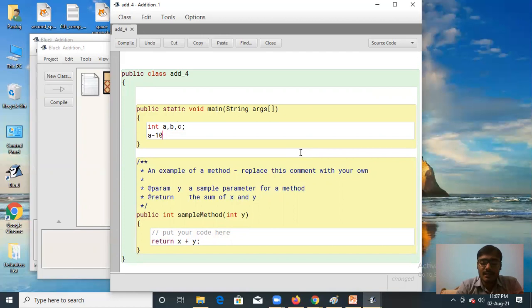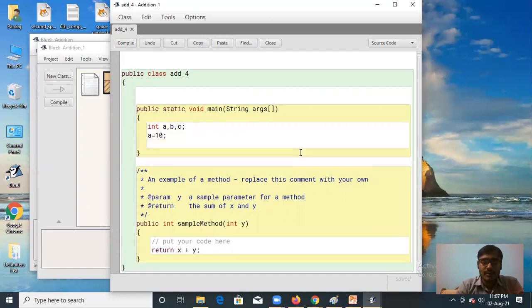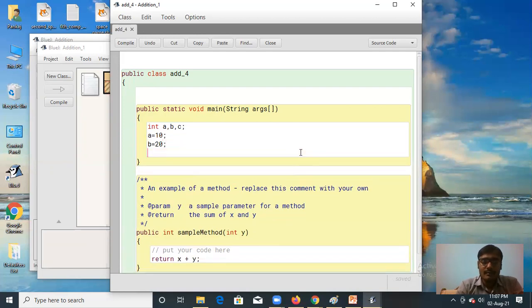Suppose a equals 10, then b equals, suppose, 20. I will assign 20. Then the computer will add both the variables. c equals a plus b. I am not going to add, the computer will add. I've given the instruction and the computer will find the result.